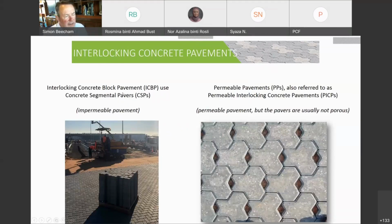I'm now going to explain some terminology. I mentioned impermeable and permeable pavers. The left hand picture shows impermeable pavements. These are very strong. This is a container yard, IMEX in Sydney. And on the right hand side is a permeable pavement system, and I was showing a few photographs of this earlier. Now again, this doesn't have the bedding material yet in the paver gaps, but eventually these will be full